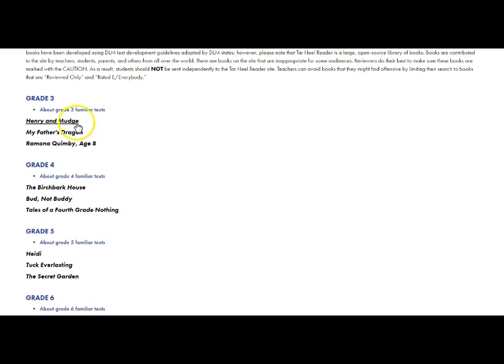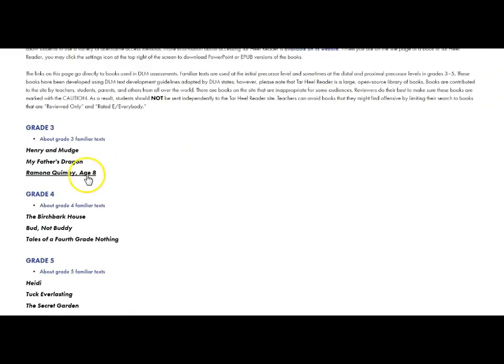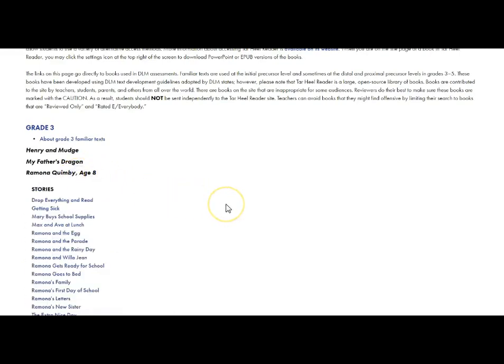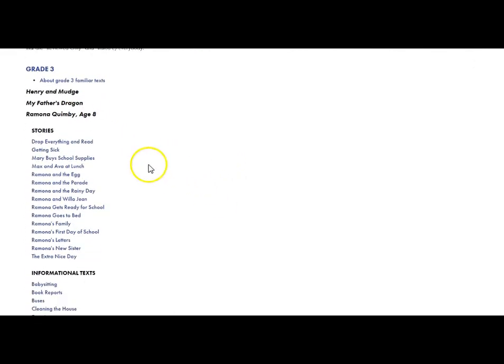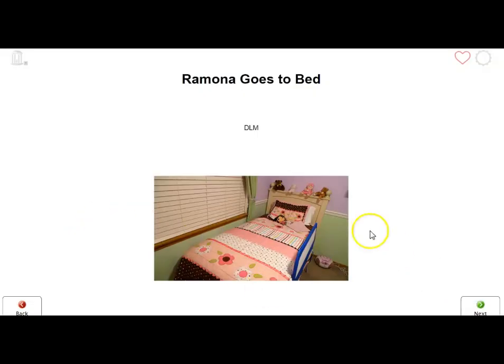So for example, Henry and Mudge, Ramona Quimby, you will see variations of these appearing in some of the 3rd grade testlets. You can see it goes up at the various grade levels, but let's take a look here. So you can see these are broken down into different stories associated with this Ramona Quimby theme. So I could just pick one,